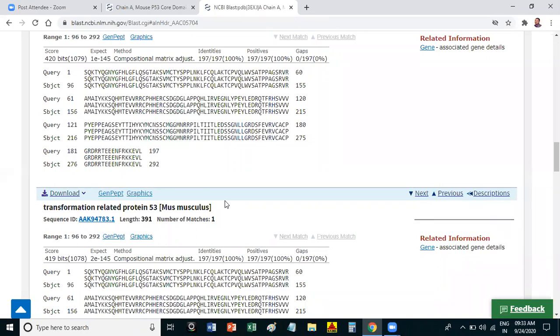And some of you were asking about the gaps, no? When there is a gap, you generally get a minus mark or zero. But you cannot find any gap in your query sequence when they calculate the maximum score or total score.